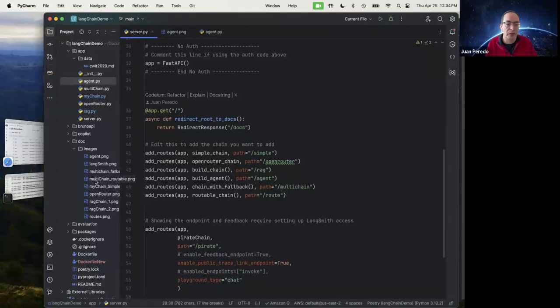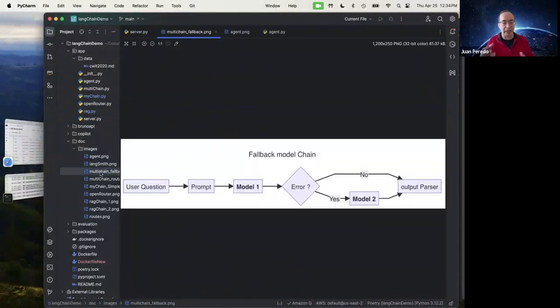Well, what about when you have a problem? Let's say, for example, that you are working with OpenAI, and all of a sudden you have a blip on your connection to OpenAI and your call fails. Do you throw an error? That's not the best user experience. So we can have a fallback chain. For example, here, first model. If we have an error from that model, whatever the error is, we're going to call a second model and try to make it work so that the user doesn't realize there was an error.